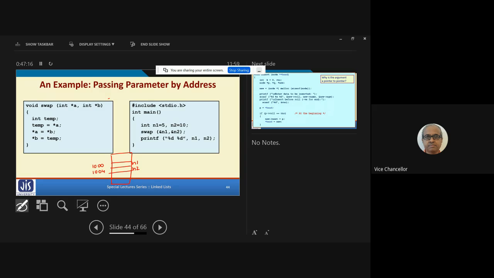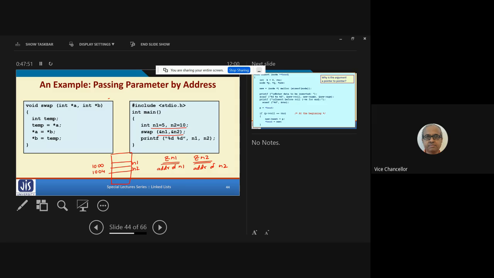In the main program, after initializing n1, n2 to 5 and 10, we are calling swap. The parameters are ampersand n1 and ampersand n2. What does this ampersand mean? Ampersand n1 means address of n1, and this means address of n2.